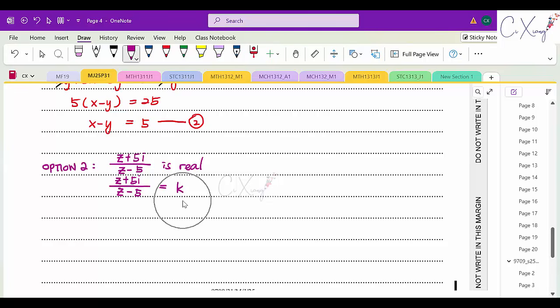So you can let it equal k + 0i, or a + 0i, as long as the value here is real. So you must have the 0i, which is the zero imaginary part. Okay, and so it is equal to k, in short, because it is real, so there's no imaginary part, right? So it will be equal to k, which is a number that we don't know. Okay, but let's say I also substitute the x and y into my equation here,